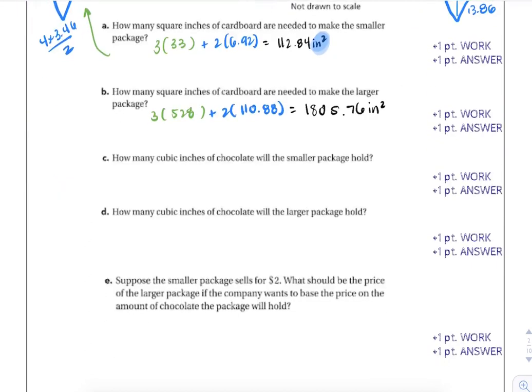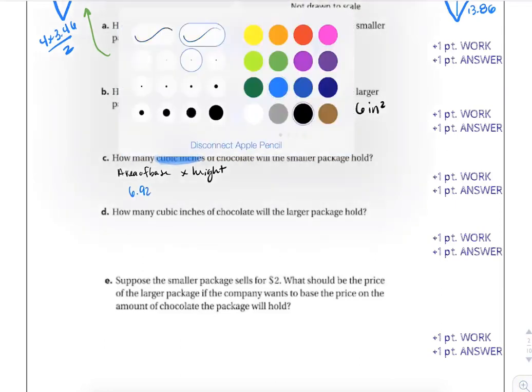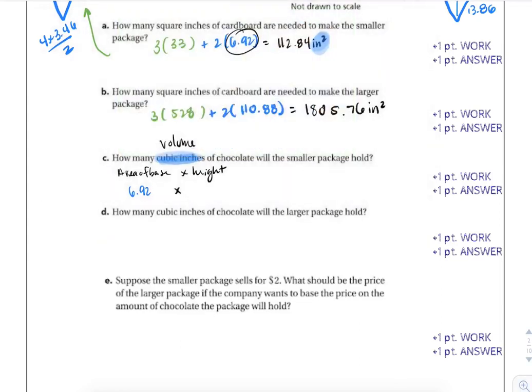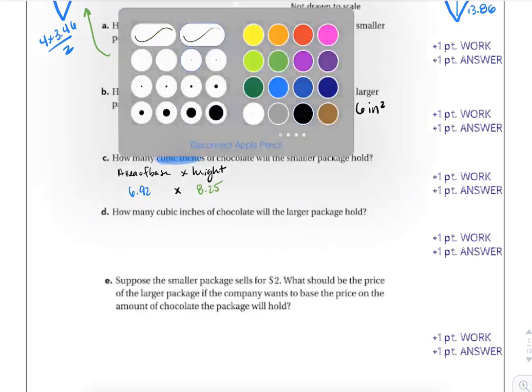Okay, the next one says cubic inches. So since it says cubic inches, we're talking about volume here. There are a couple ways you can do this. Again, same setup as last time. Area of base times height, and we already got the area of the base. The area of the base is right here, the area of the triangle. So that one is going to be 6.92 times a height of 8.25, and we get a volume of